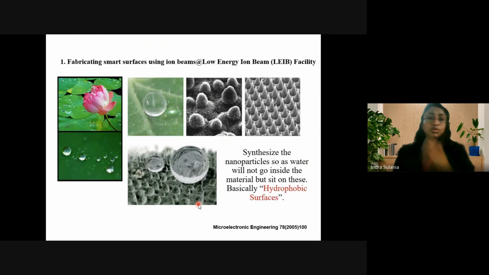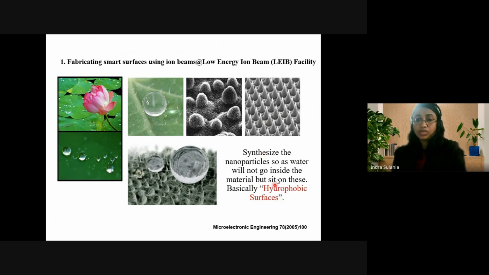As we know, when we see lotus leaves, they have very nice hydrophobicity. All the time the leaves are submerged in the water, but still you can see that the droplets are always floating. What is the reason for it? It is because it has a coating of nanomaterial, nanoparticles over it, which do not let the water seep into the leaves and avoid the degradation of the leaves. So this is how the water makes the shape of a ball. It is not letting the leaf surface get wet, but it floats over it because of the presence of the nanoparticles. These surfaces are therefore known as hydrophobic surfaces.